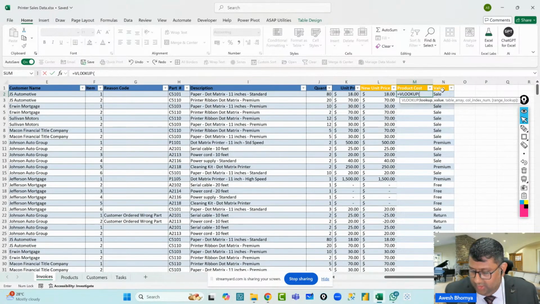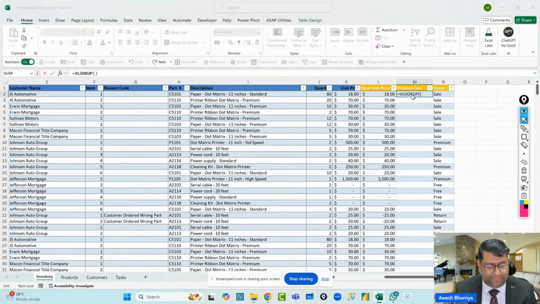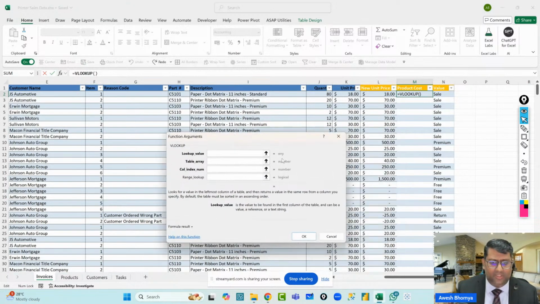Now once I hit the tab key, the next thing is to provide the arguments for the data. I can use Shift F3 again because this is the first time. You can see in this case, there are 3 arguments that are compulsory and 1 argument that is optional. Please note, in optional arguments, there is always a default value.